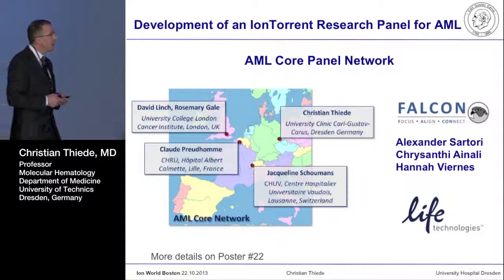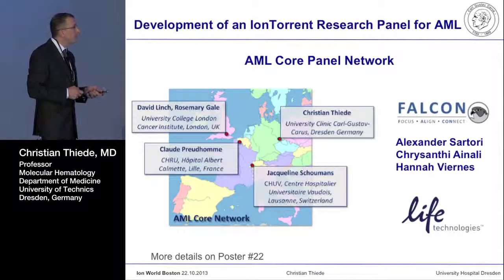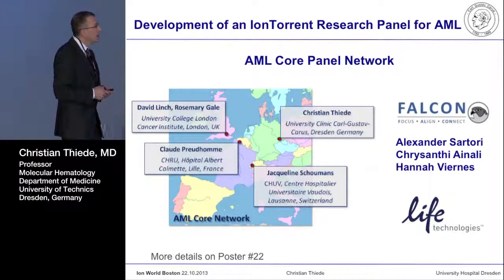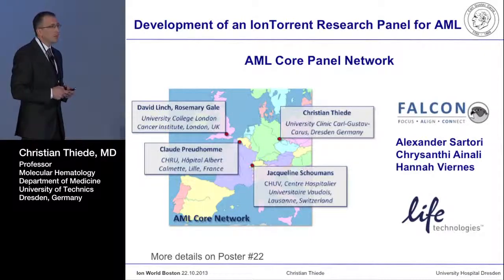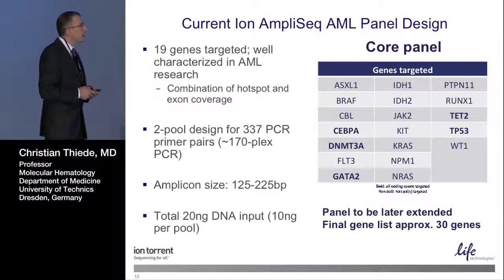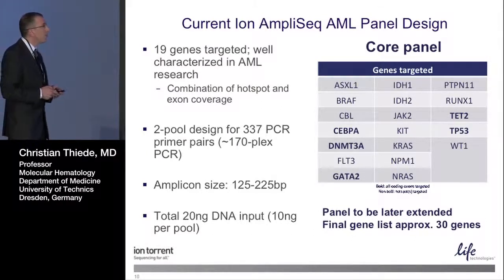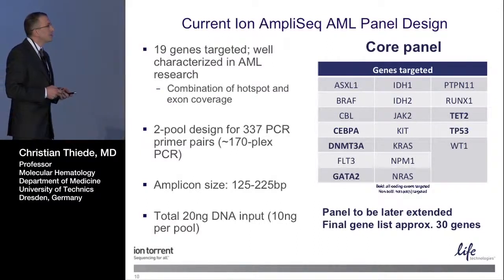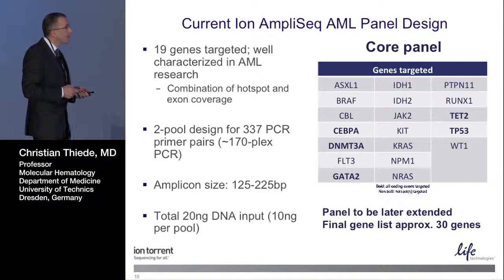We met in London in June, and these were the groups which were involved, together with the Falcon team from Ion Torrent. We sat together to define a list of genes which might be most appropriate within such a panel. The reasons to integrate a gene in the panel were either high prevalence, so genes which were very common in AML, genes which were disease-defining, like CBF alpha or nucleophosmin,